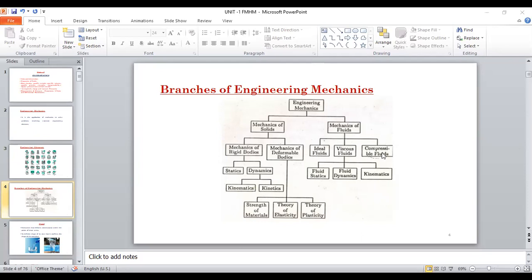which are compressible. An example of a compressible fluid is air, we can compress it, and some other fluids come under these compressible fluids. And while coming to viscous fluids, it is again classified or divided into three types, which we are going to study in the syllabus of the first 3 units. Nothing but fluid statics, fluid dynamics, and fluid kinematics. So these are all the subtopics of our viscous fluids.